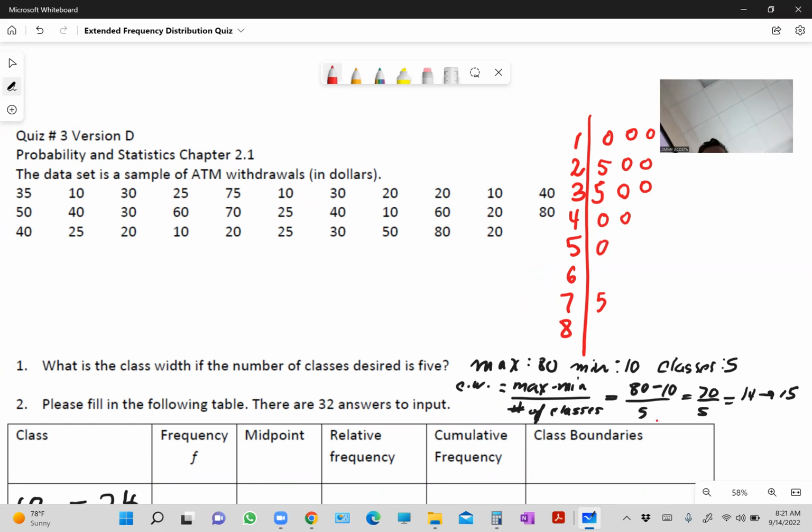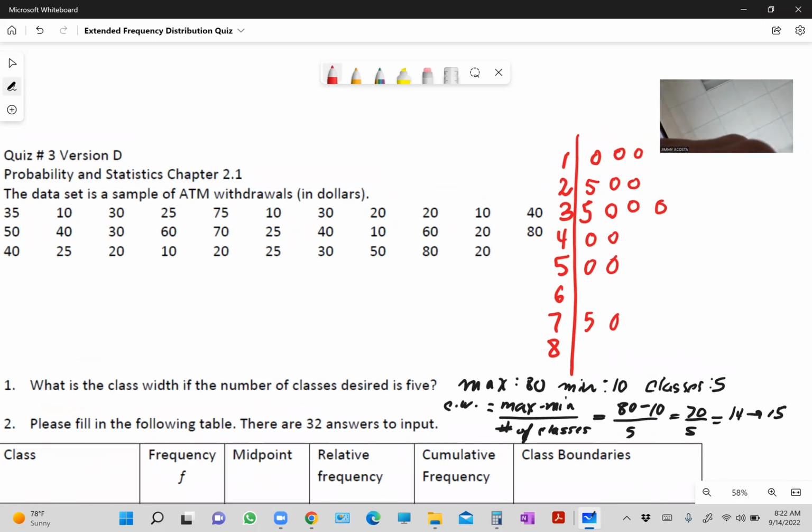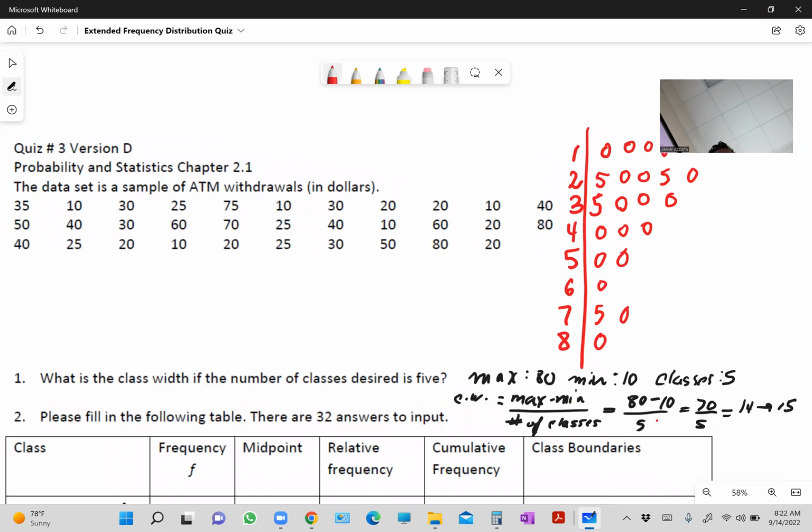40, 30, 60, 70, 25, 40, 10, 60, 20, 80. All right, almost done. Then we have 40,